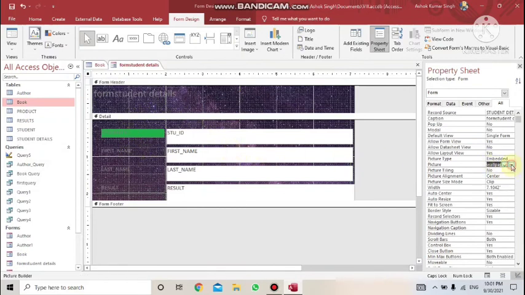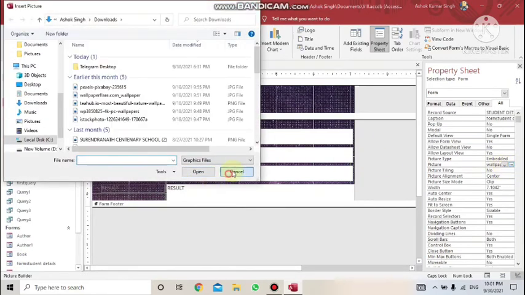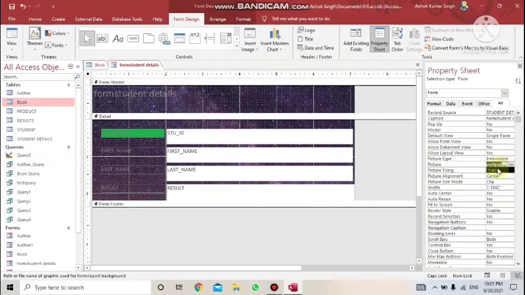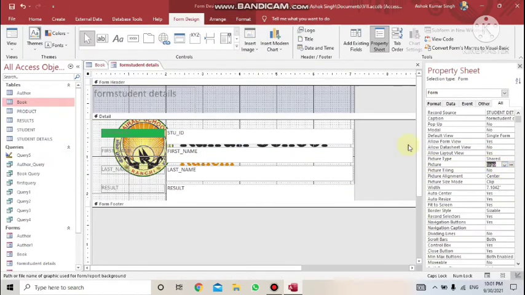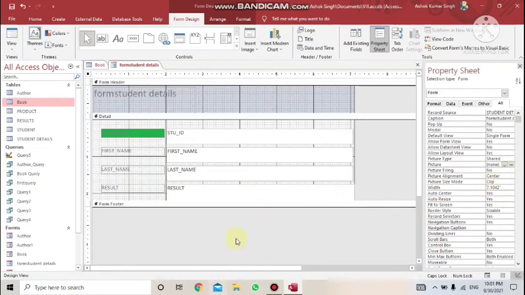If you don't want the background, click on the none option here only. You can provide whatever you want; so many picture options are there. This will be used as the background. If you don't want it, delete it, and it should remove to none. It will disappear. So every control has a related property sheet which can be used for providing features to it. Next we'll learn about reports.